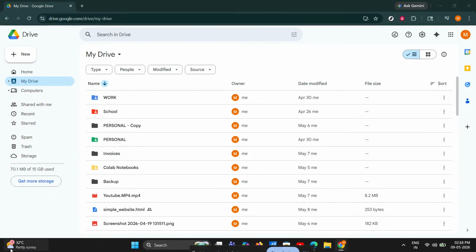If Google Drive is giving you an error when downloading files, don't worry. In this video, I'm going to walk you through the fastest fixes step by step so you can get your files downloading again. We'll cover simple refreshes, connection checks, browser cleanup, and a few settings that often cause Drive downloads